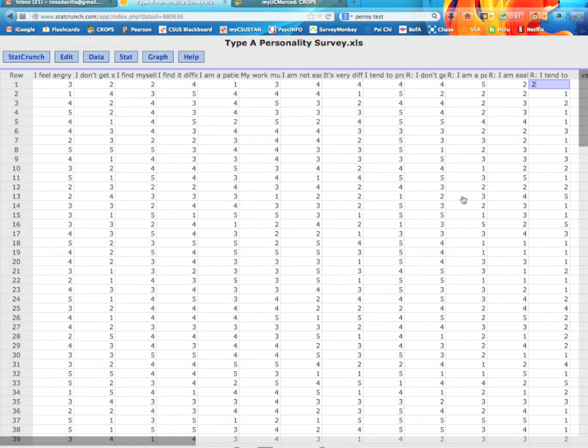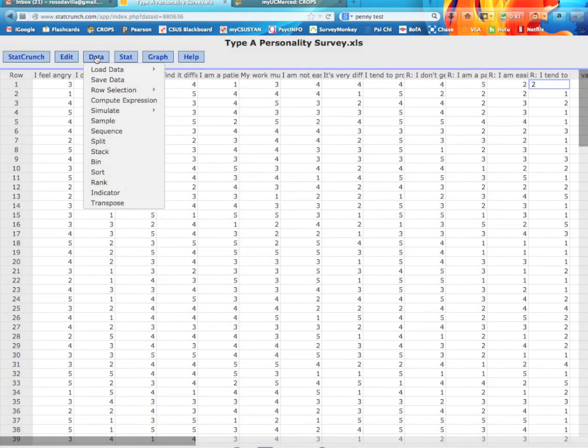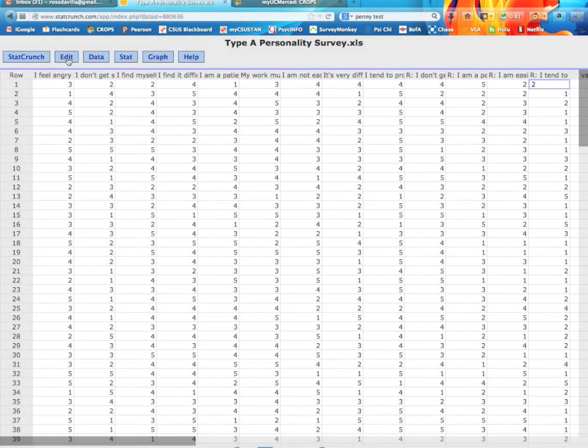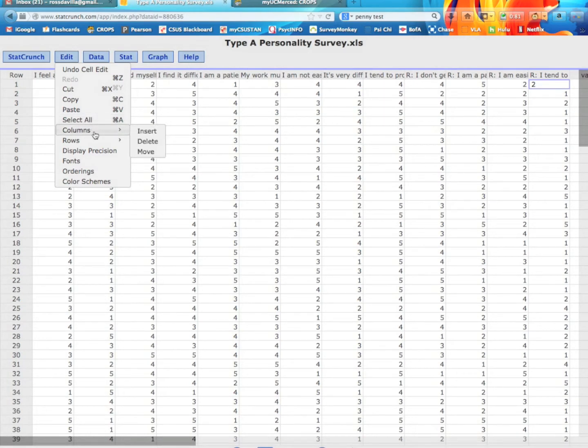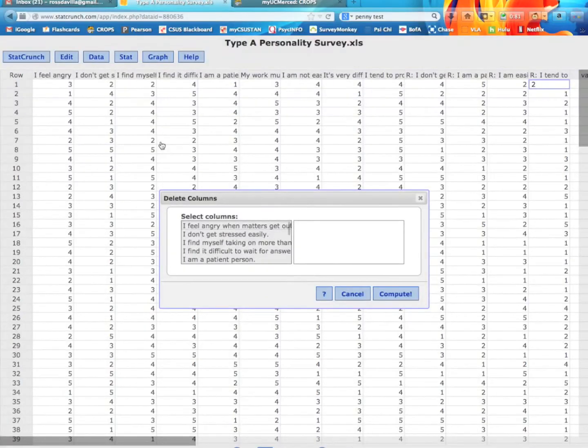So whenever we're working with our scale from this point on, we really only want to include the reverse scored item parts of it. And actually one thing you can do, and let's go ahead and do it, just because this will make it a little bit easier for us to work with so we don't get confused. We can actually edit out those items or columns that we're not going to work with anymore, the reverse scored ones. So let's go ahead and do that. Let's go item delete, item column delete.